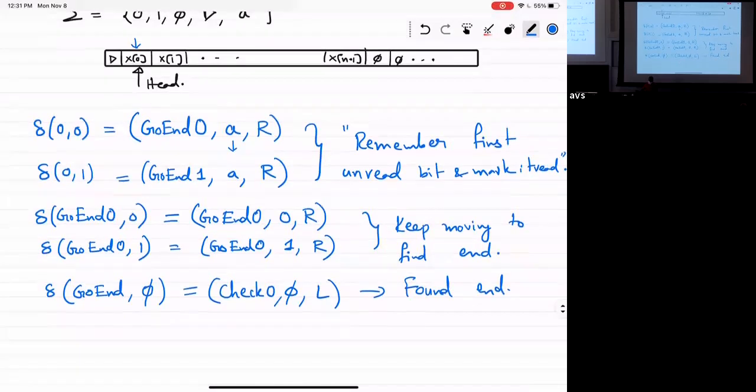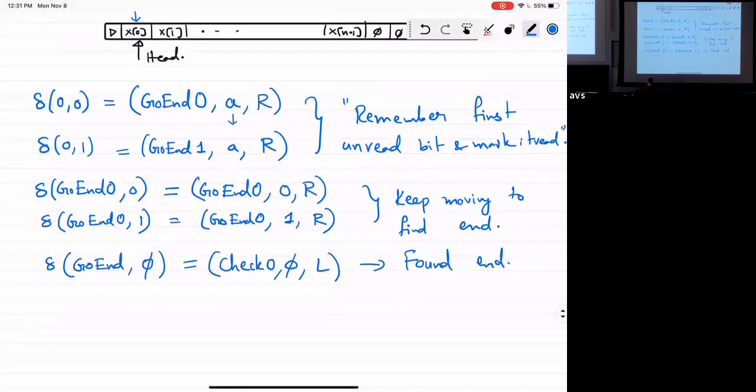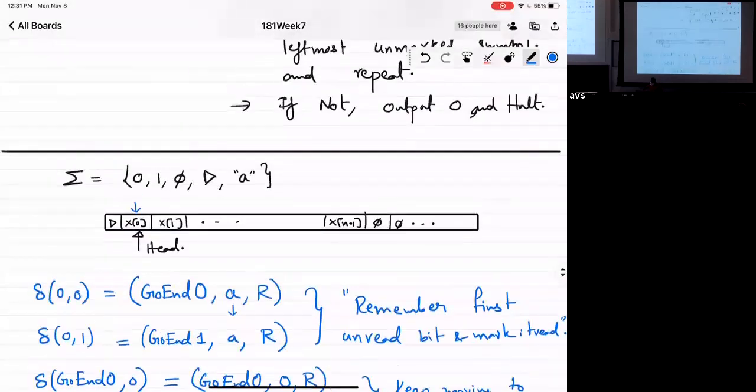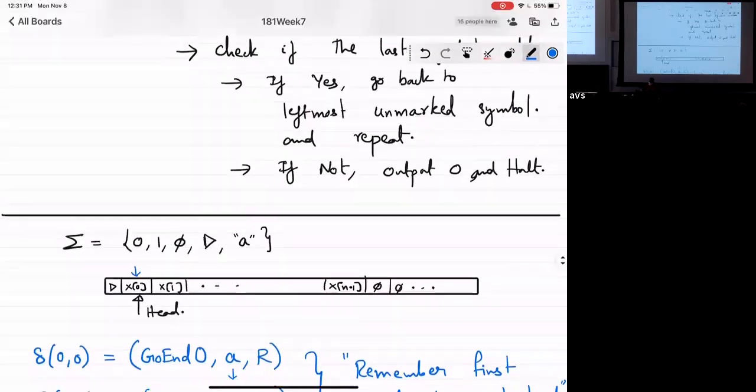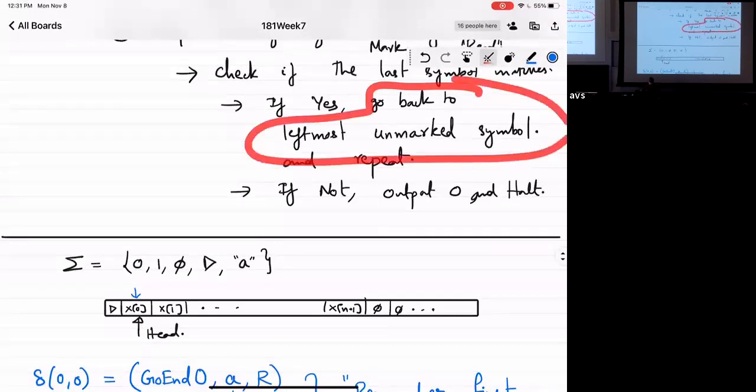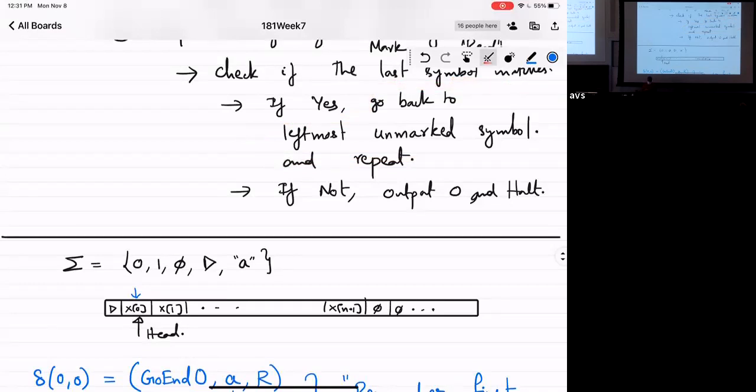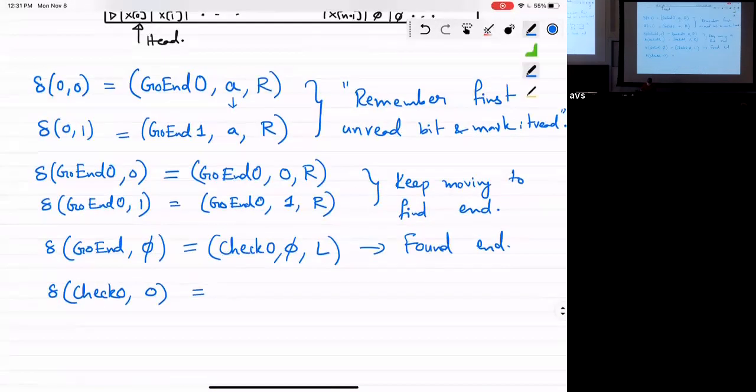Okay, and now what should I do if I'm in check 0 and I see a 0? Meaning you found the end and you're looking for a 0, and you found a 0. So what should the machine do? Well, that's like the yes case that we have, right? As you guys told me, you need to go back and find the first unmarked symbol and then repeat the whole thing. Okay? So I'm going to say go start.